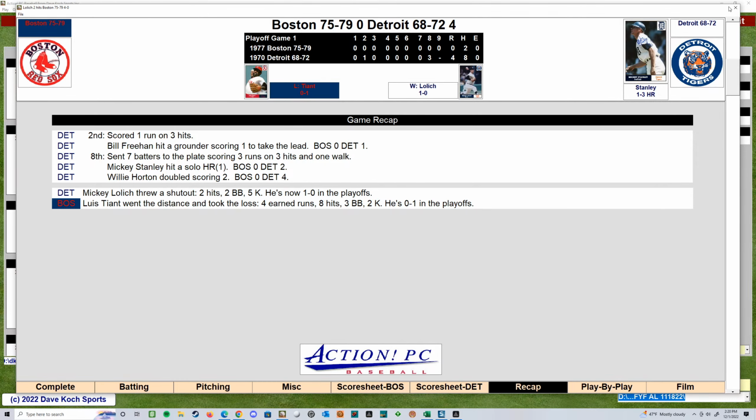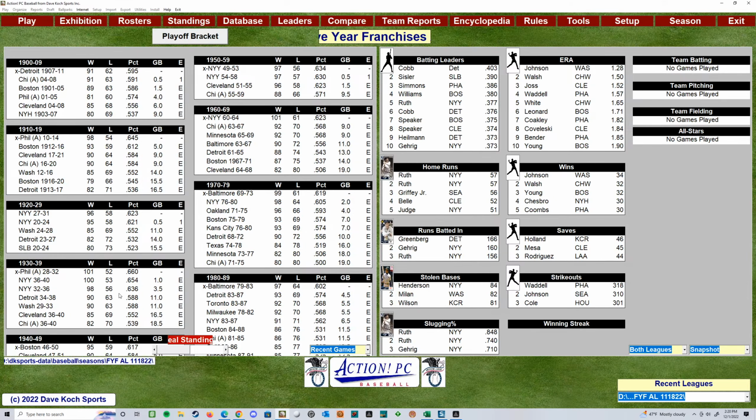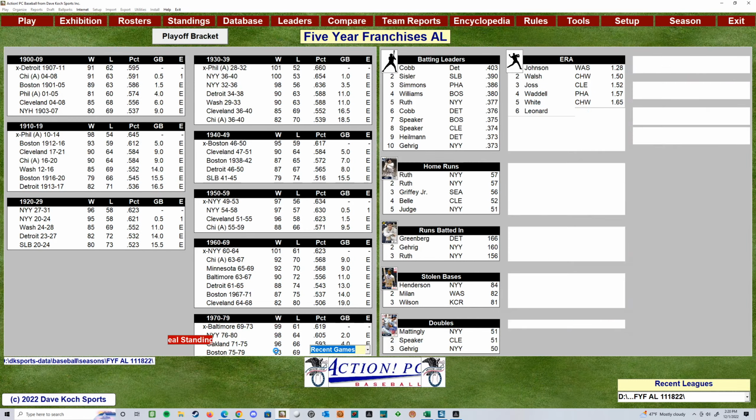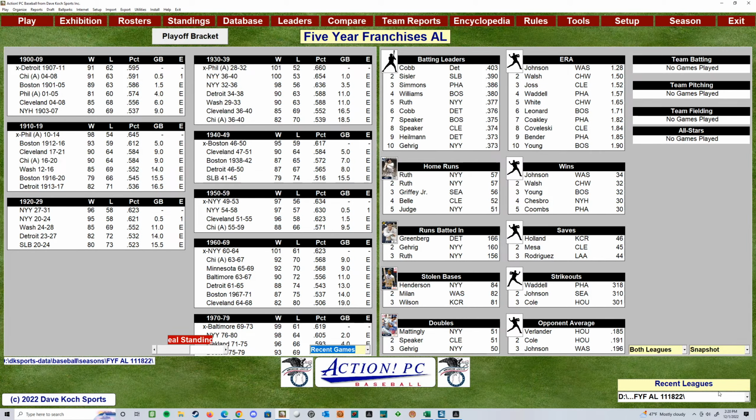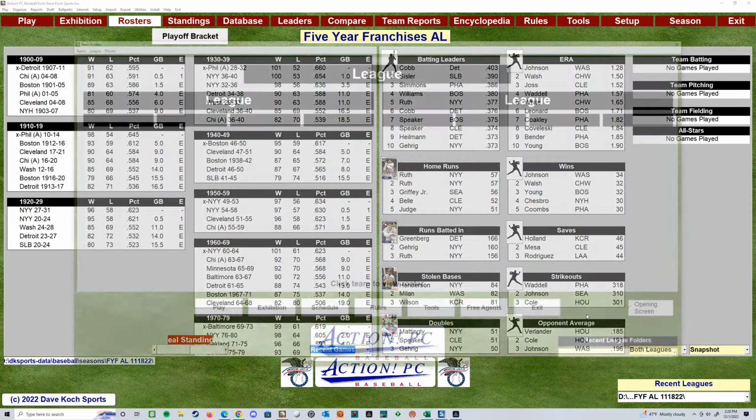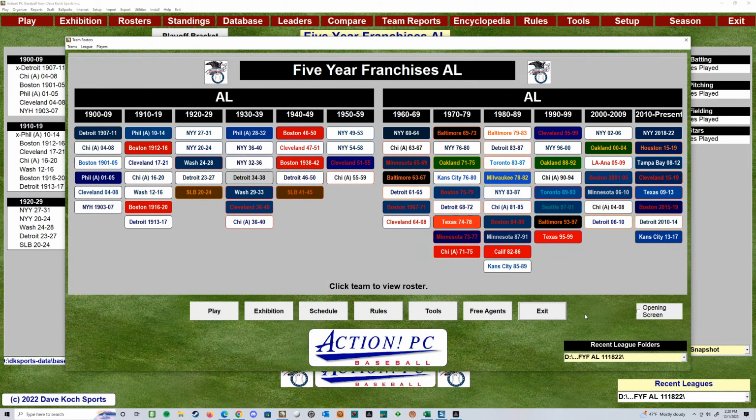So kind of fun. One thing I've noticed, if anybody has downloaded my files, I'm playing with a recent one right here. I don't know how many teams I've got on here now. I'm over 80. So a little history here. Dave and Action, they have always had a limit for a baseball file of 80 teams. That's their limit.